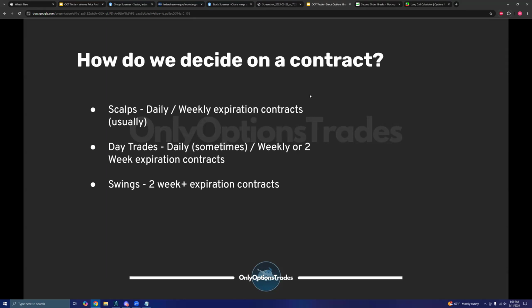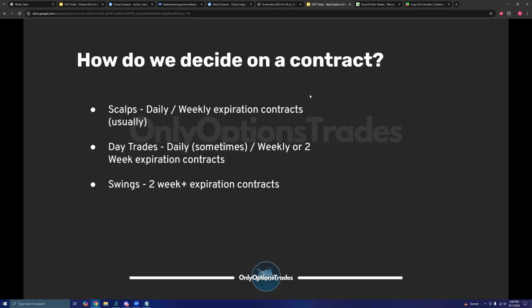When you're trading a scalp, it's a trade that you're not going to be in for a very long duration. It can be a trade you're in for a minute or 2 minutes. As a result, theta doesn't matter to you at all. Why should you care about theta if you know you're going to hold the contract for under 10 minutes? Theta doesn't have enough time to have an impact unless you're planning on holding a contract for 10 minutes directly into market close, and then you'll have to use a little bit of common sense. But generally speaking, as a scalper, your biggest concern is really getting a good ratio of delta to the price of the options contract.